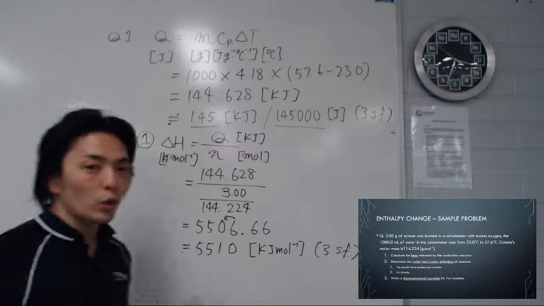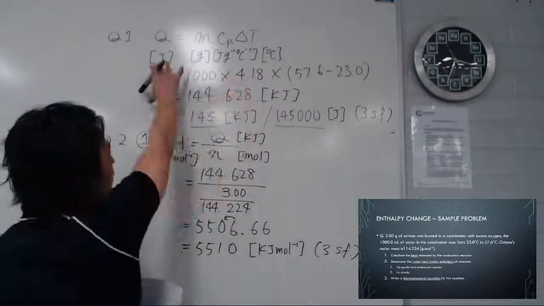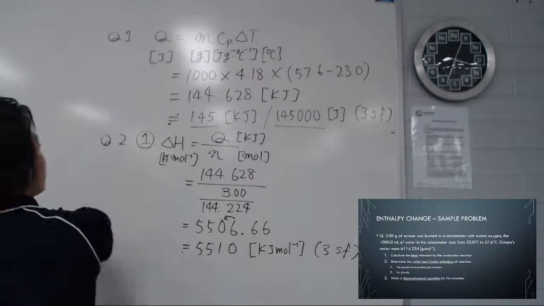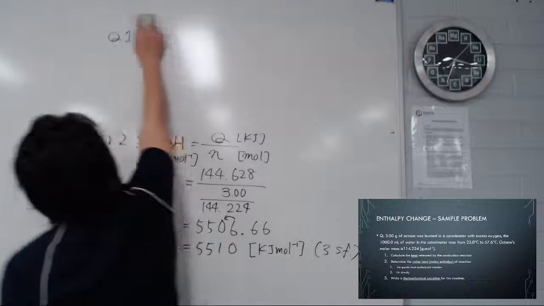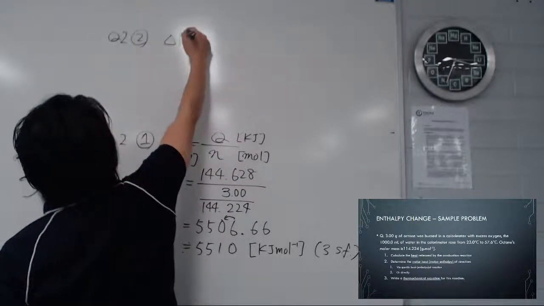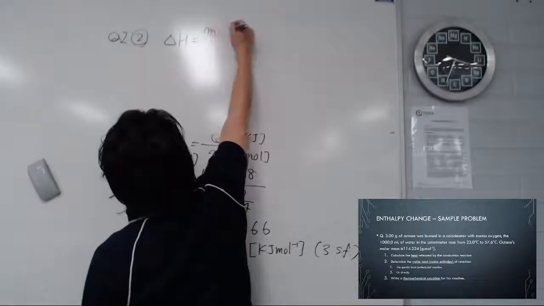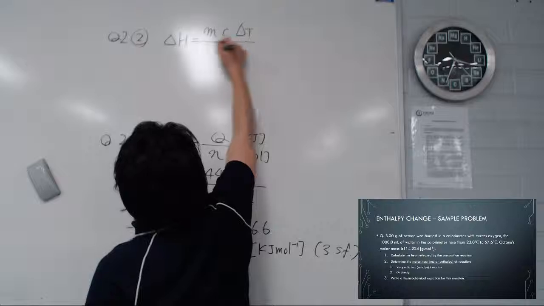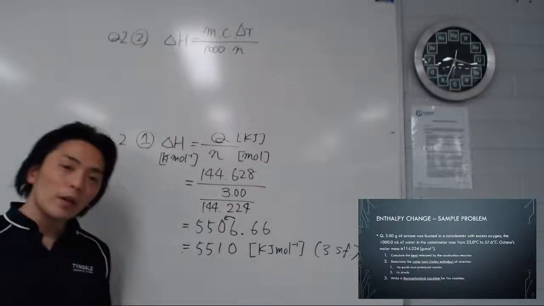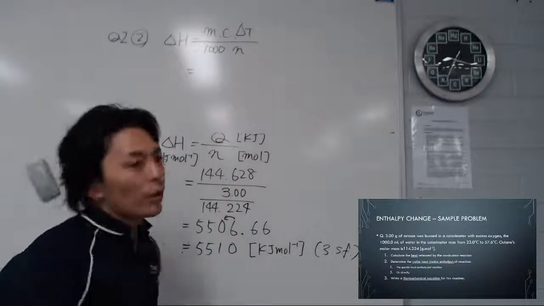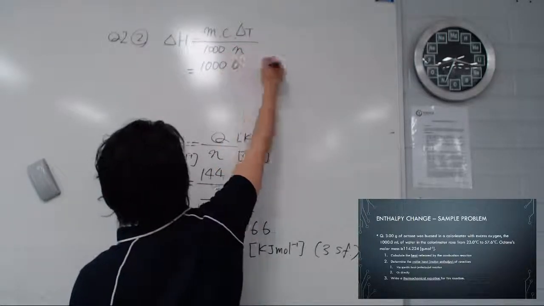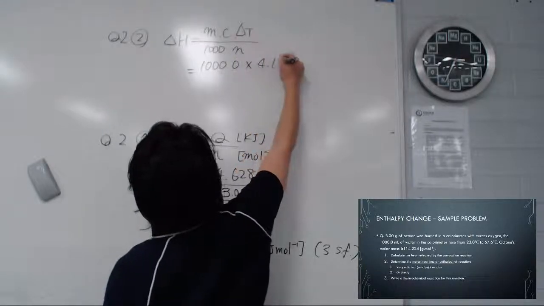Now, there was another formula that you could use, even if you didn't find the specific heat for this reaction before, you could still find it. Hope you remember the formula. That was delta H equals MC delta T over 1000 N. Now, hope you all know these values here. Yeah, 1000 mils, 1000.0, that was given, wasn't it? Times by 4.18 times by